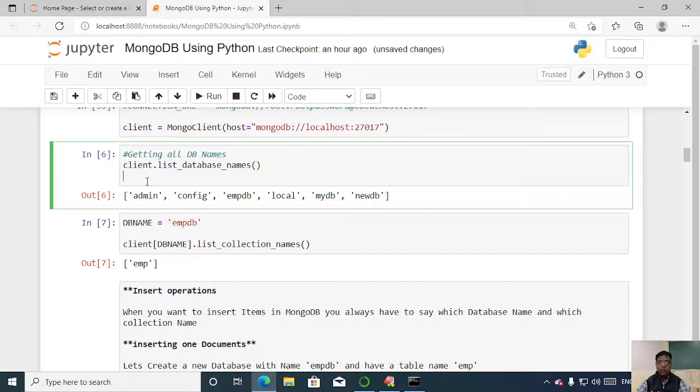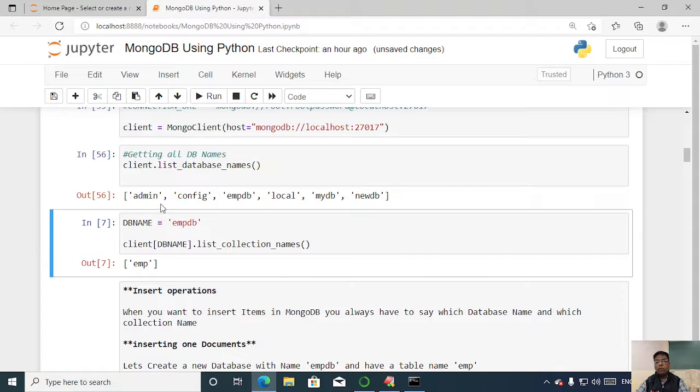Say client object and here list_database_names. If you execute this method, we get a list of all the databases available: admin, config, emp, local, mydb and newdb.